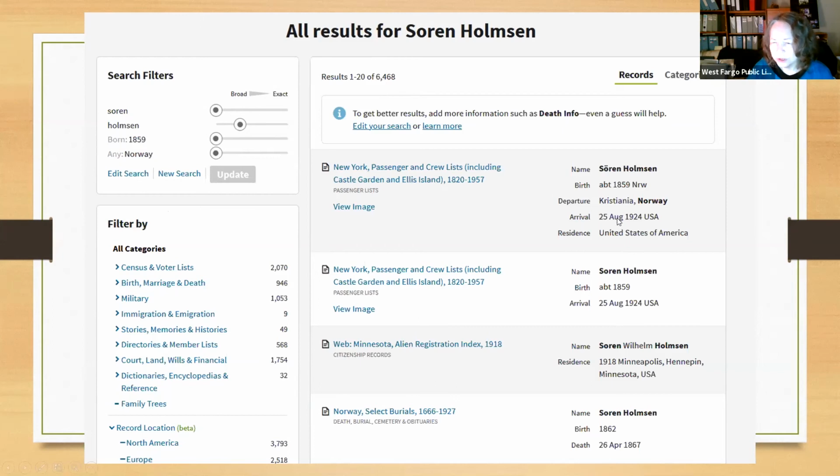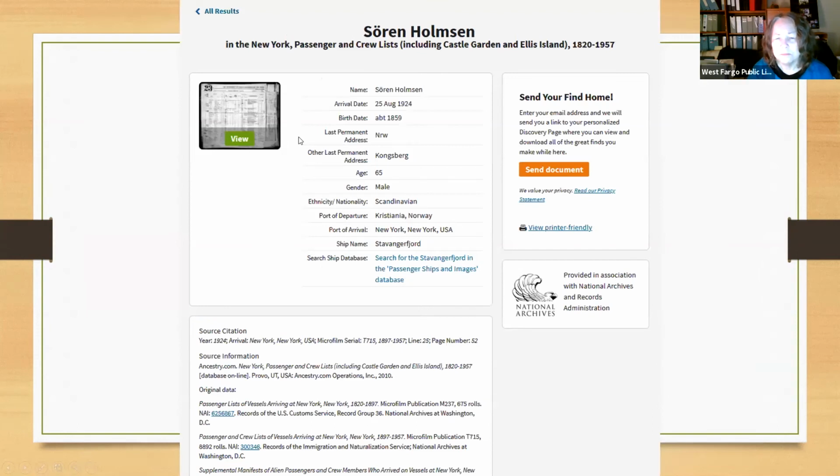You can see it's a reiteration of what was found. It's telling you you can view the image there. That's a good thing to know. And here is the index page. You can send the document home via email. What happens when you use that part of the service is